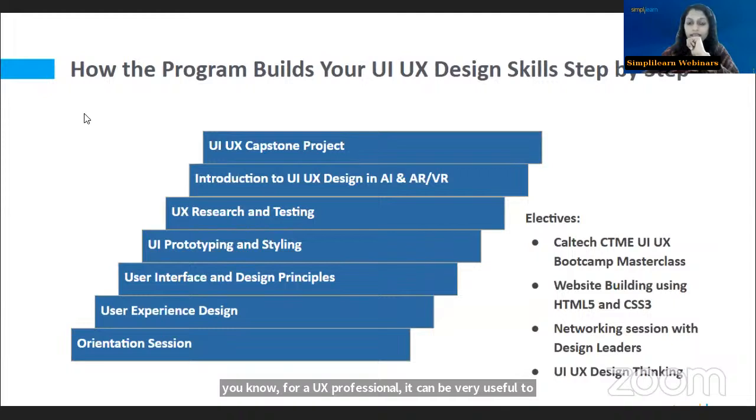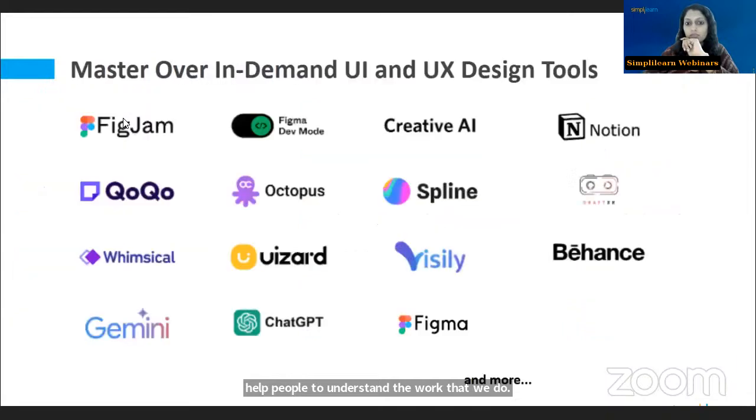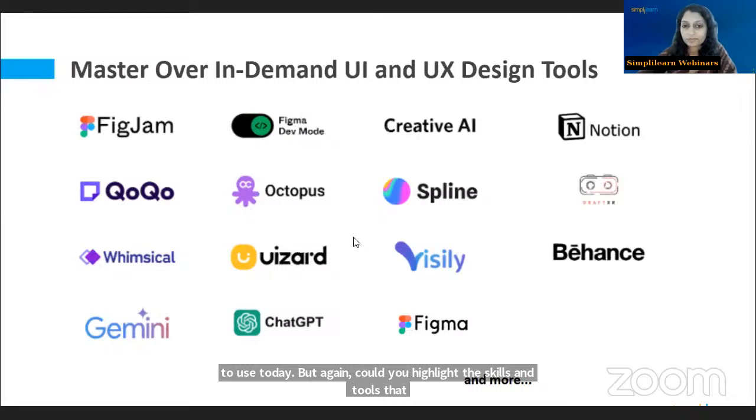Got it. Great. Thanks so much for this detailed explanation. We're now going to understand the different tools that you're going to learn through this particular course, some of which we learned today, some of which you learned to use today. But again, could you highlight the skills and tools that someone would develop through this course? Yeah,